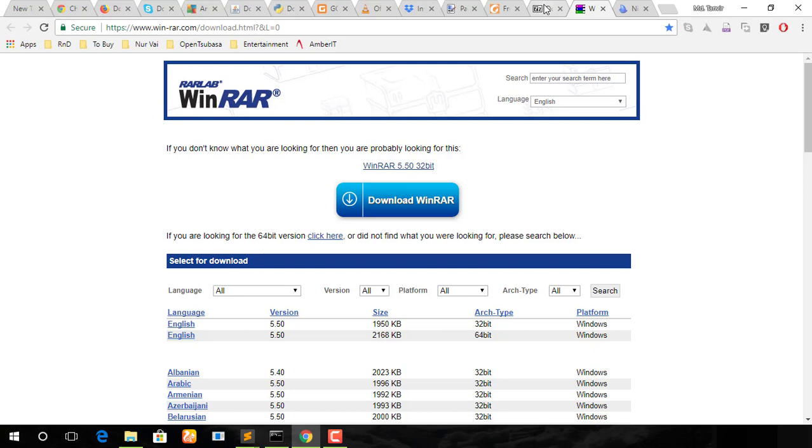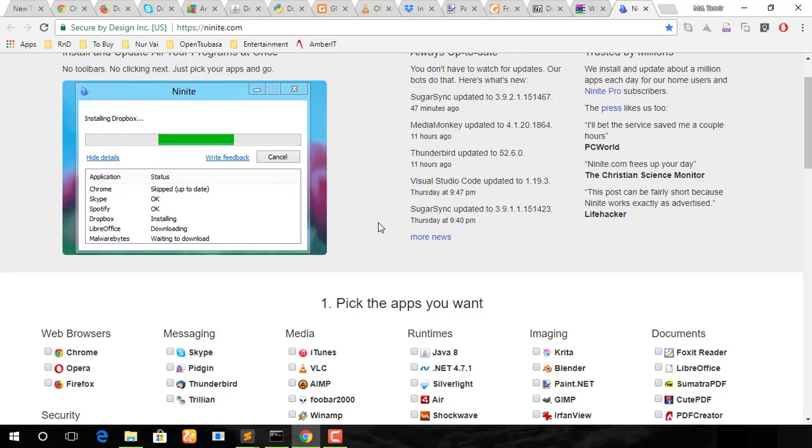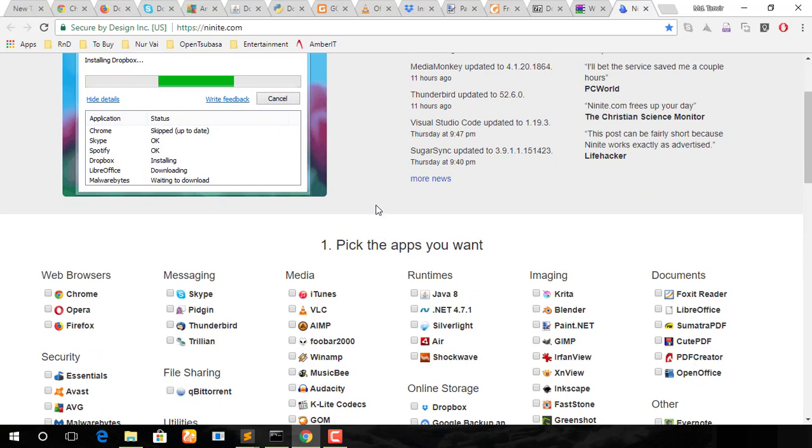For that purpose, I am suggesting a software, a special type of bot that will make the whole process, or the scenarios that I was talking about, very easy. That software is known as Ninite, and you can go to ninite.com, however you pronounce it. It's a kind of bot that automatically does all the process that I was talking about earlier, meaning that it downloads the softwares that you need, installs them in the background, and makes you ready to use them. All you need to do is